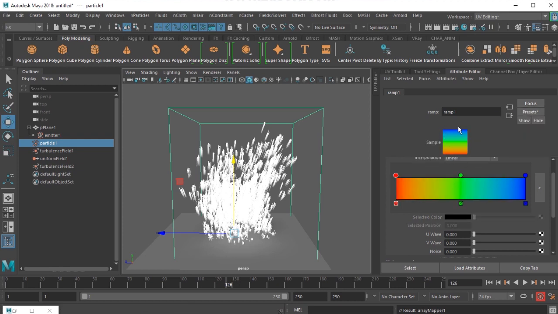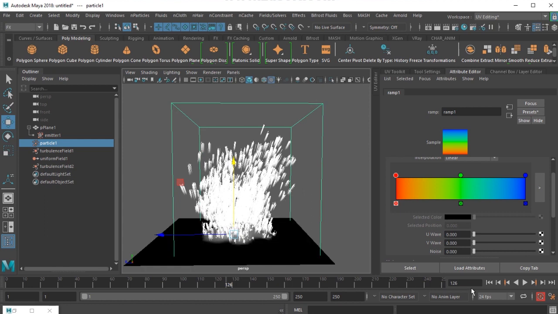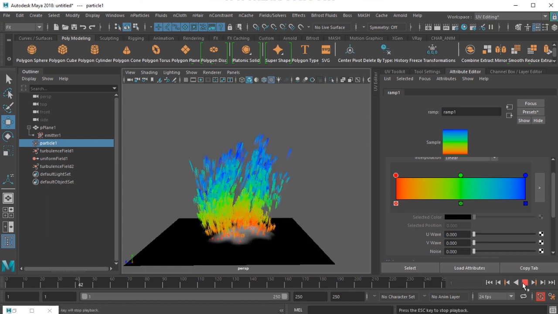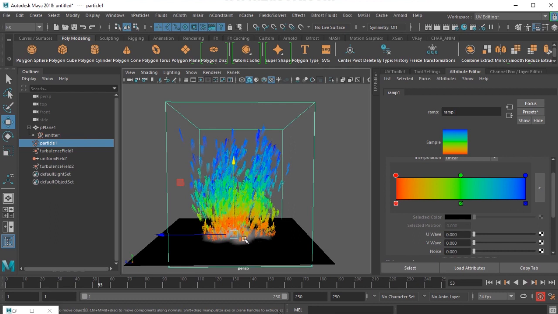Now in this particular tile of texture, if you see, this direction is considered as the U direction and this direction is considered as the V direction. 0 to 1 in U, 0 to 1 in V. So I have connected input V to the particle's age. It means I just press 6 on the keyboard, and then when I play, when the particle takes its birth, it gets a red color. In the middle age, it gets green, and when it is going to die, it gets blue. So you get that nice gradient in the texture.